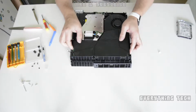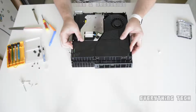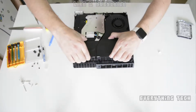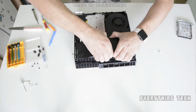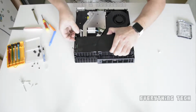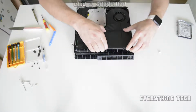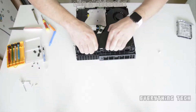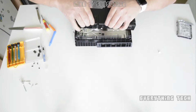So start by pulling it up, but at the same time, not just one side, because if you pull out on the right hand side, then your left hand side is not going to come out, because there are 2 pins that come from the motherboard that stick into the power supply and make contact with it. So you need to pull it straight up, not to the side or at an angle. So keep jiggling it and trying to pry it out, and you should get it out just like